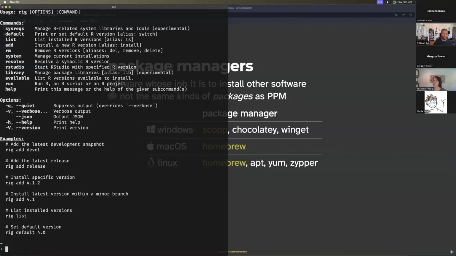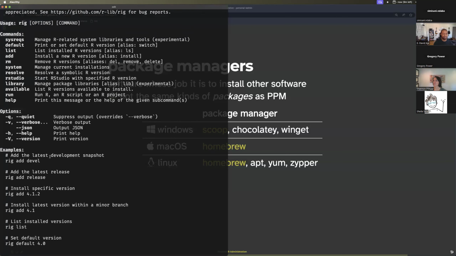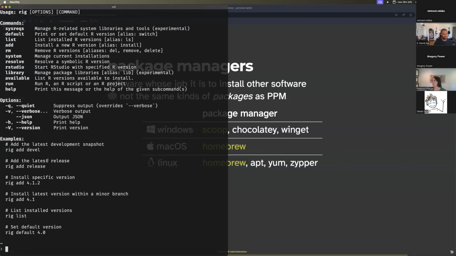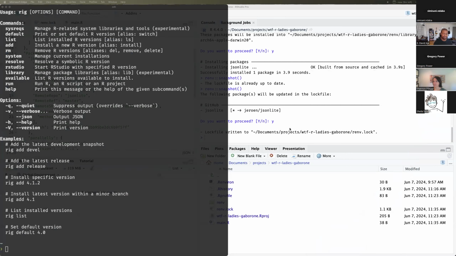I will not do that today just because I think it will make things slightly more confusing. But the things that rig lets you do is manage the different versions of R you have installed on your computer, get new versions of R, get older versions of R, set different versions as the default. So if you saw earlier in class, Shannon said that she was running R 4.3. And I wanted to test something that she said didn't work for her on R 4.3. And so I'll show you, I think that'll be the last thing we do today,